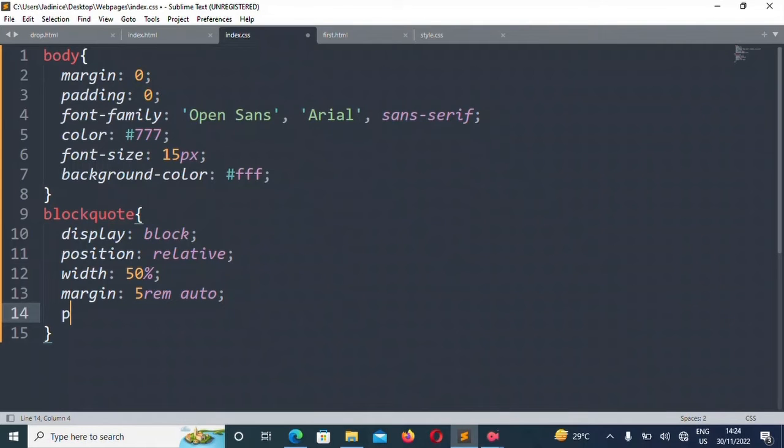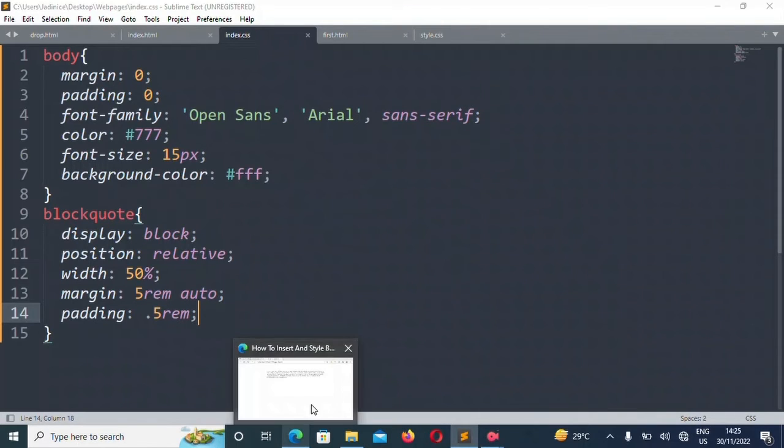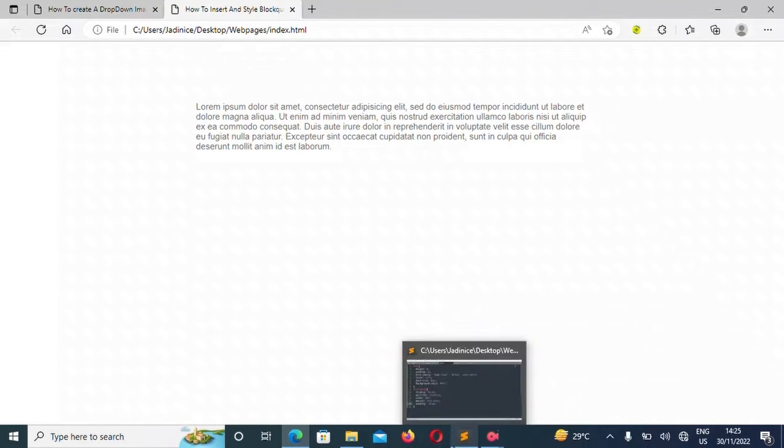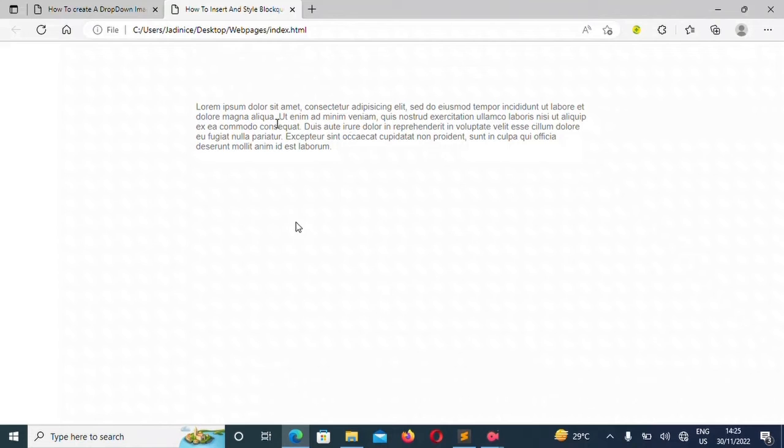So the padding is what we're going to look at now. We'll make the padding to be .5 rem. Now take note, there's a difference between 5 rem and .5 rem. So we're going to add that and then save, and then see how it looks there. It has moved a bit.